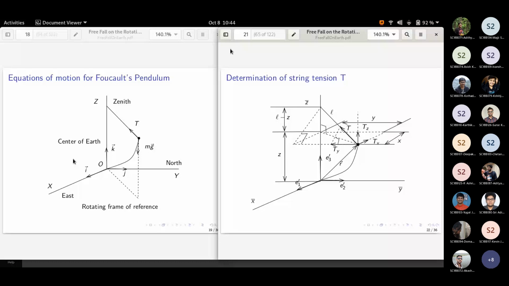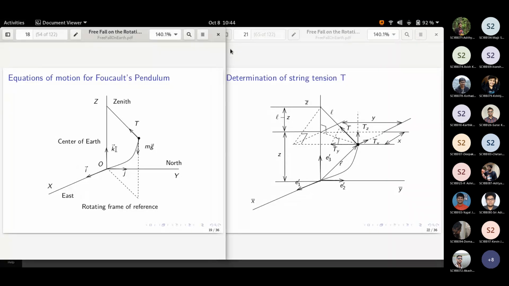Let us see whether that neglecting has been done in the equations or not. I think what we have taken here in the derivation is that it is in the direction of that small k. That is the assumption that has been made. So if you are on the surface of the earth, you have to imagine you are on the surface of the earth, and then what is the variation in this angle if you consider the length of the pendulum will hardly be a few hundreds of meters. I think yes, sir, the approximation will hold good.